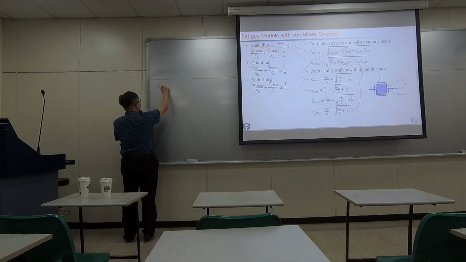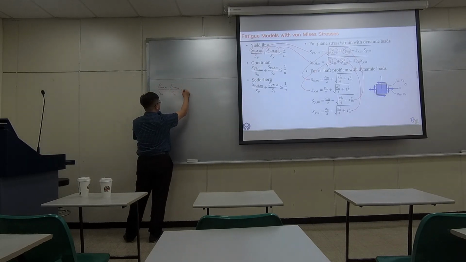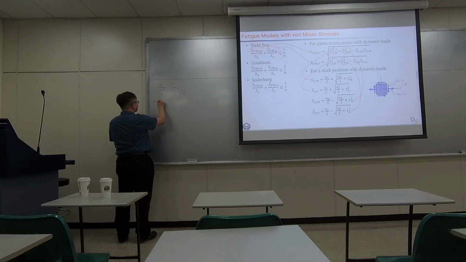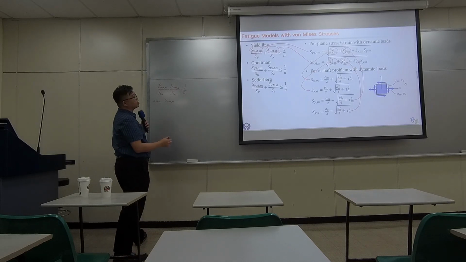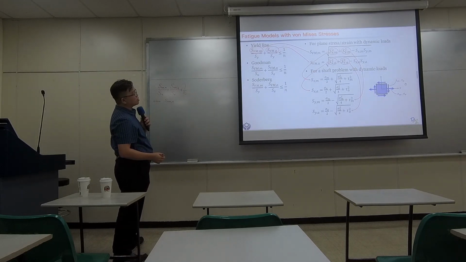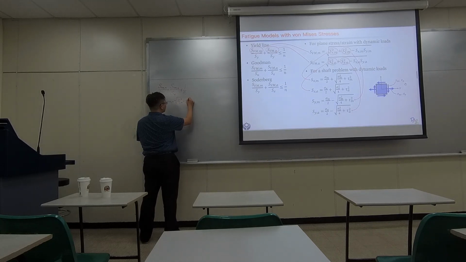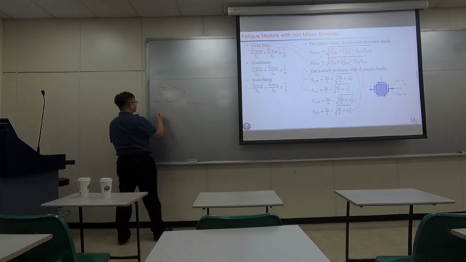So S von Mises mean over ultimate tensile strength plus S von Mises amplitude over yielding strength must be smaller than 1 over n, where the mean of the von Mises stress can be computed by S1 mean square plus S2 mean square minus S1 mean times S2 mean, right? Where